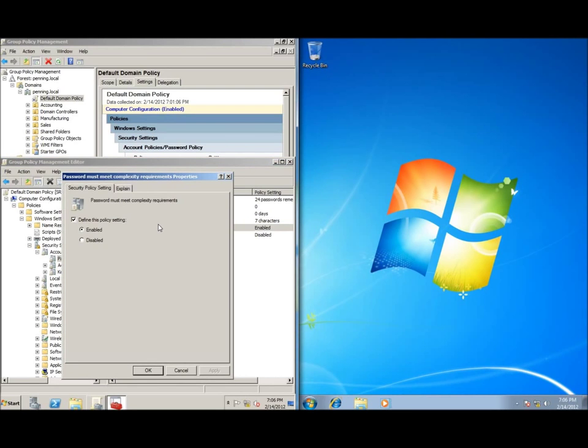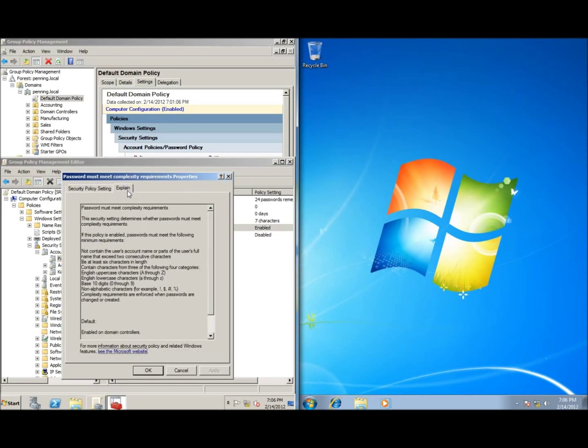When I created a password for my server, I needed to make sure that I had a password that had either a capital letter, a number, a lowercase letter, or a symbol. It had to have 3 of those 4. Here's the explanation of this. And you can see here it has to have either an uppercase, lowercase, a 0 through 9, as well as a symbol. It has to have 3 of those 4,